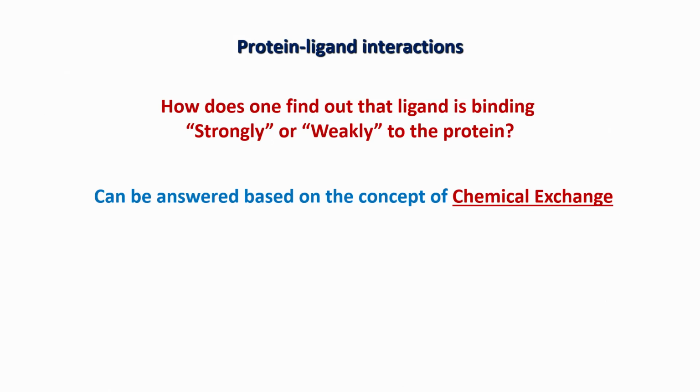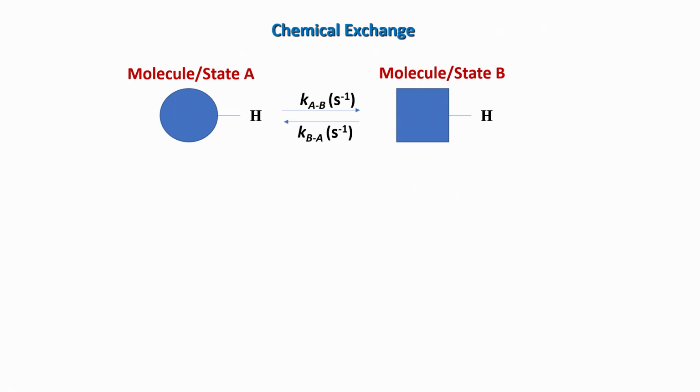So, the drug molecules are typically supposed to have nanomolar to picomolar affinities, so that they can work very efficiently in our body. So, let us see how weak interaction shows up in NMR and how a strong interaction works. So, for that we have to look at this concept of chemical exchange. So, we will go here looking at this model.